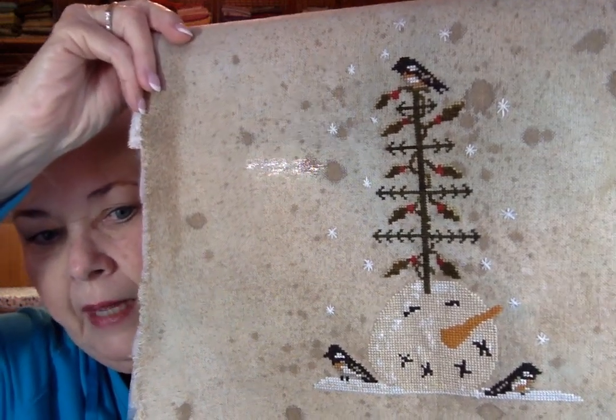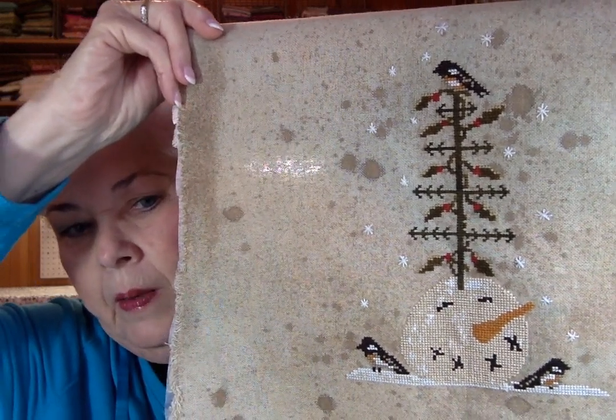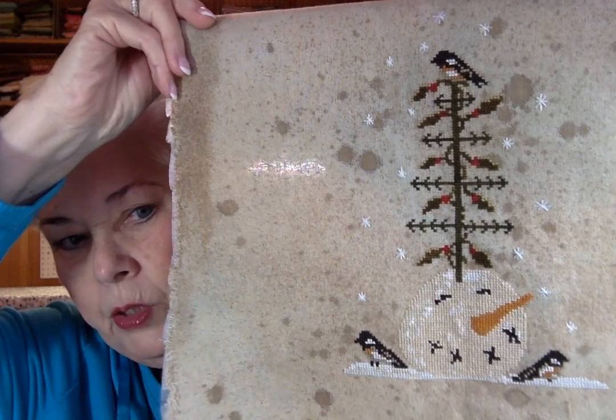I really love that. There's not a lot of contrast in the snowman and in the fabric, but it shows up well enough, I think. And the birds are just sweet, sweet. That's going to be one of my favorites. When I saw this pattern,